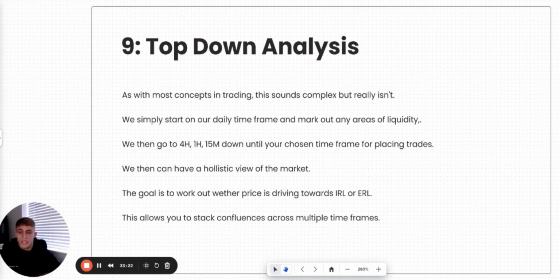I go, right, are there any fair value gaps that haven't been fulfilled? Are there any order blocks? Where are the significant highs and where are the significant lows? I then go to 4 hour, rinse and repeat, 1 hour, 15 minute, and then down to your time frame